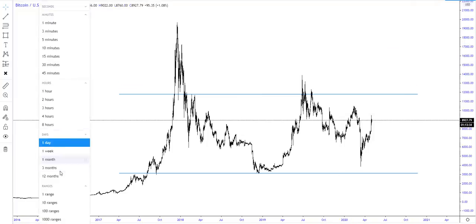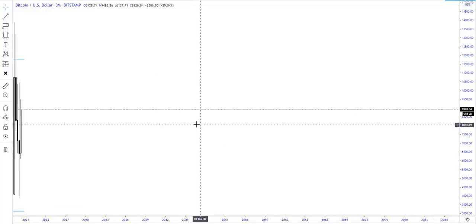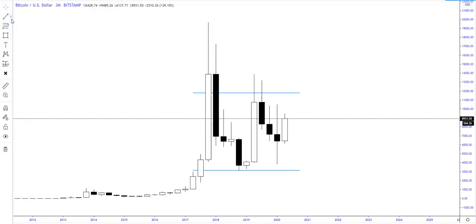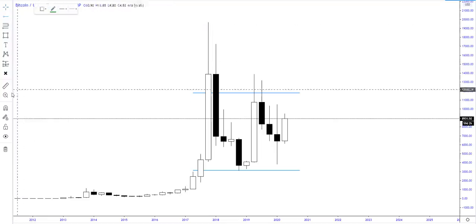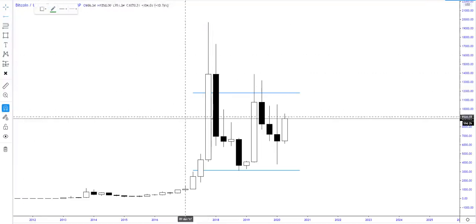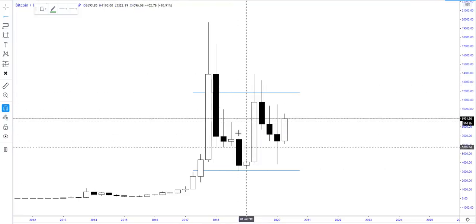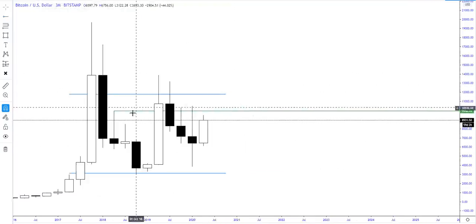So let's go to the quarterly. And it's also a good idea, like I said, if you don't have a conviction for a swing trade, that's fine. Just play level to level until you do get conviction, as if you are a swing trader. And if you're not, well, level to level is fine. So then I'm going to define further level ranges within. Start off with this quarterly level.